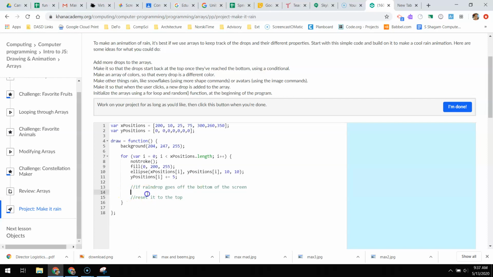So that if is going to be if y positions at each one, so we have to go through each one, is greater than, I'm going to start with 400. I don't think the bottom of the screen is 400. I think it's 300 and something, but whatever. Then, if that's true,